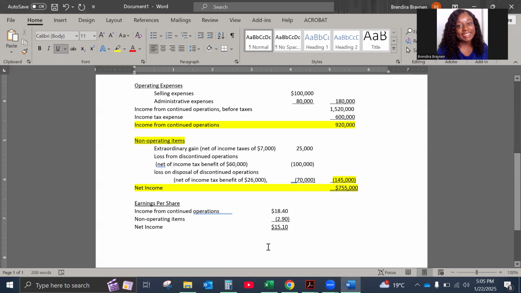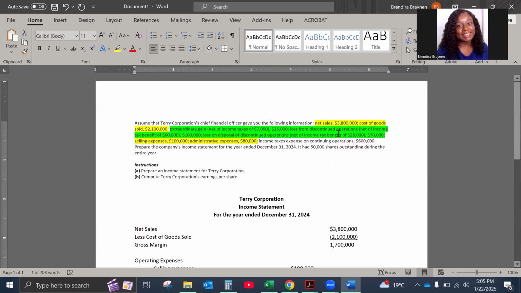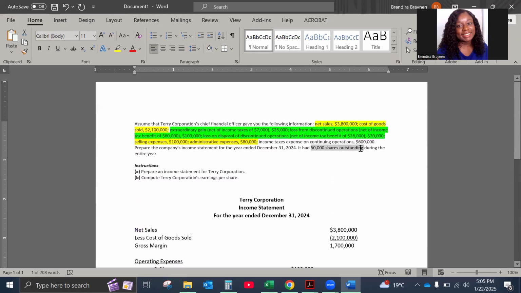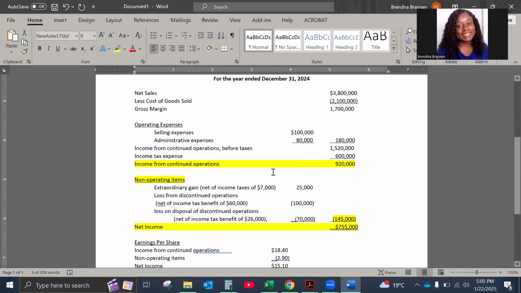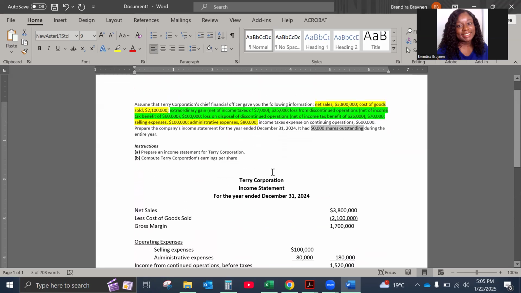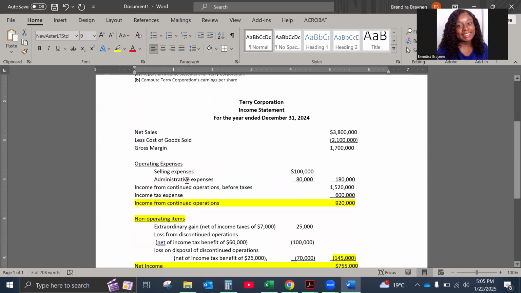This would be the correct format for it. Again, they can ask you to just give you the earnings per share on net income. And therefore, that just means you take this divided by the number of shares outstanding. So 50,000 shares outstanding, and that is going to be your earnings per share. And so that is a quick walkthrough on how to complete an income statement for a corporation with the appropriate